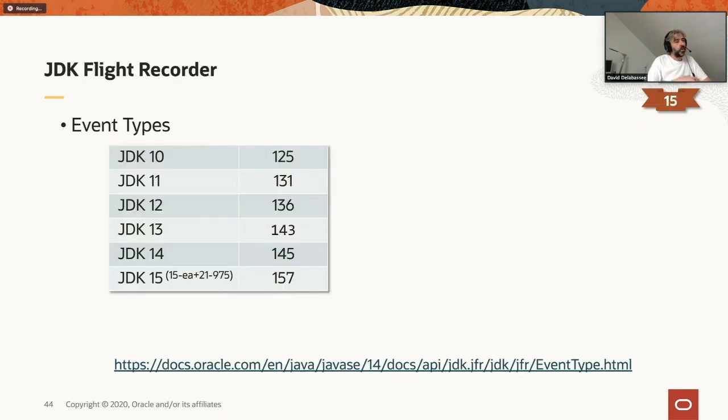The thing is that obviously we are improving JFR through all the releases. In 14 we had 145 different event types for JFR, and in 15, I've checked, it's not the latest build because we did a build yesterday, but in the build of last week we had 157 JFR event types. So JFR keeps getting more metrics within the platform that you can use, and not only that, you can also write your own custom event types for your application.